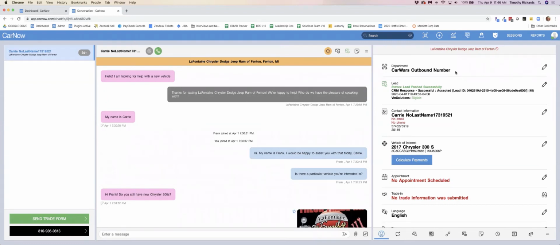Specialized CarWars numbers teams, such as the outbound number, mean that our team is not going to be available as a backup, as they do not have the resources to correctly identify and handle customer context and needs coming in from those numbers. Our second indicator, if this department were to read new car sales or otherwise, would be located